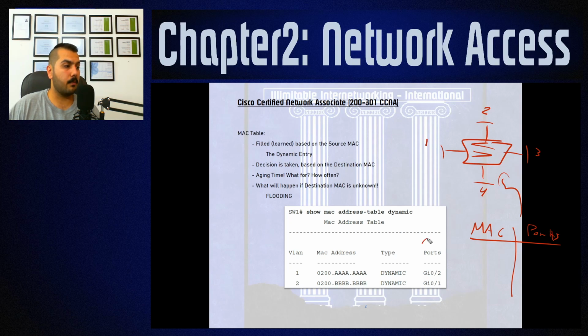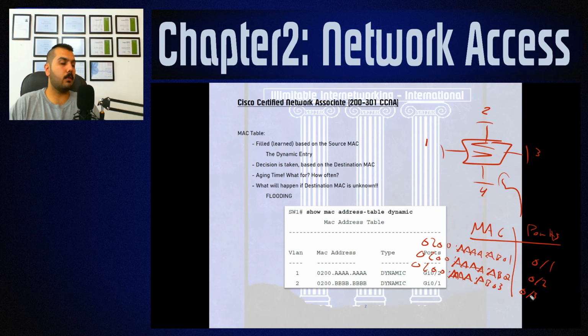So what I have is maybe 0200:AA:AB01, which is on port 01 that leads to PC number 1, 0200:AA:AB02 for port number 2, and finally 0200:4A:AB03 for port 03. For port number 4, this is a recently established or connected computer to the network, to